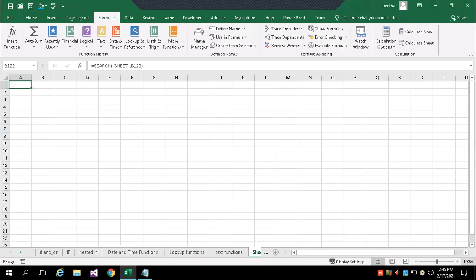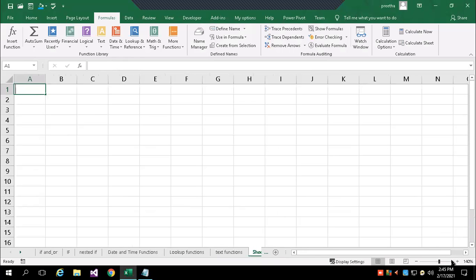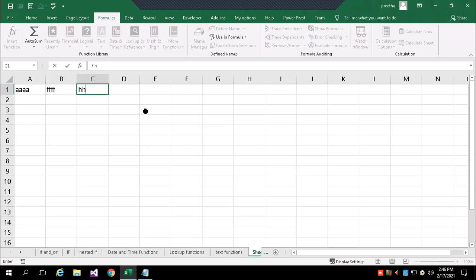for example, if I have one data here, in this cell I have another data, and in this cell I have another data. I will give only one single space in every text.